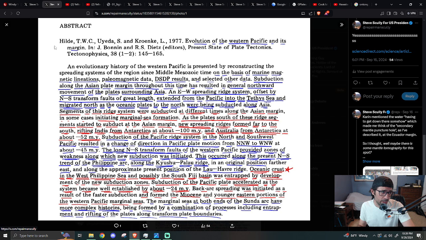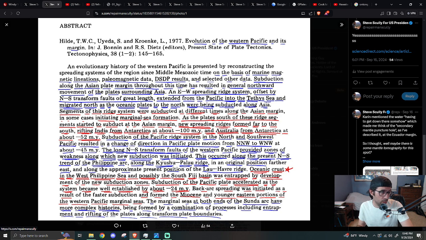Then I read the abstract of the Hilda paper. So this is the actual paper, Evolution of the Western Pacific and Its Margin, from 1977. An evolutionary history of the Western Pacific is presented by reconstructing spreading systems of the region since Middle Mesozoic time on the basis of marine magnetic lineations, paleomagnetic data, and deep sea drilling results, and selected